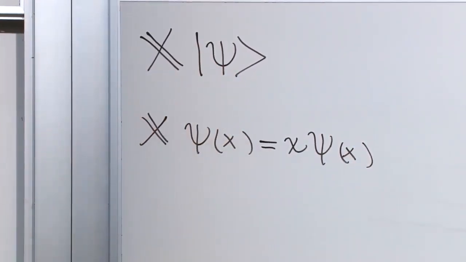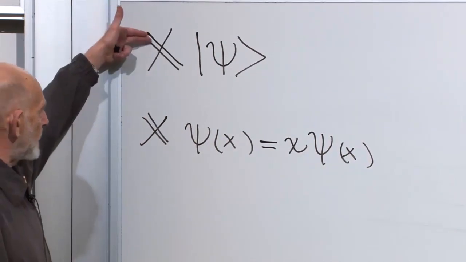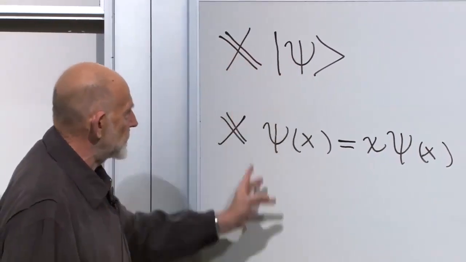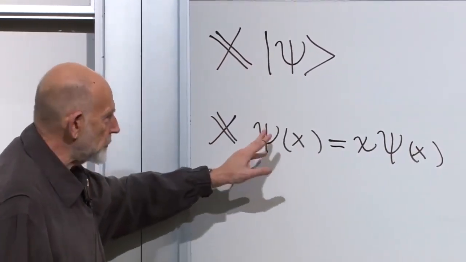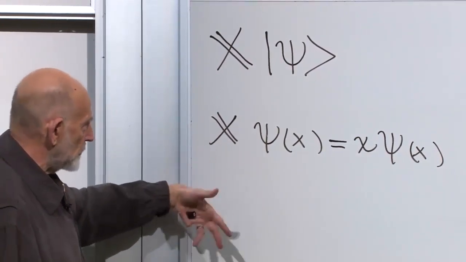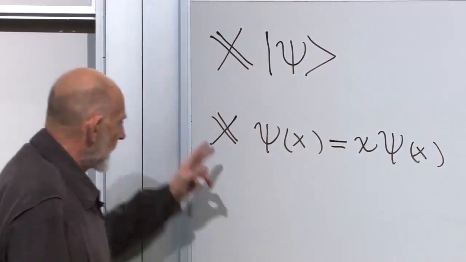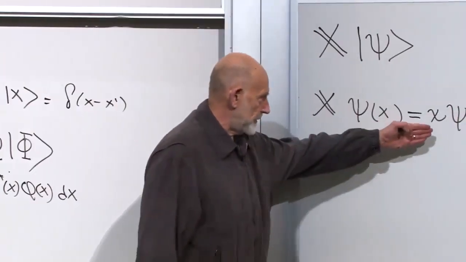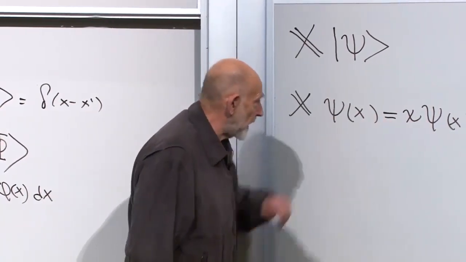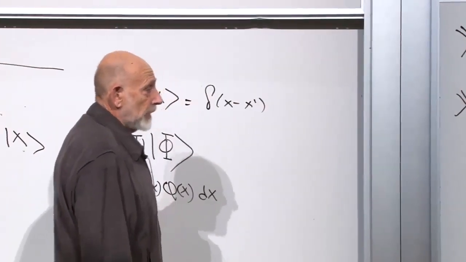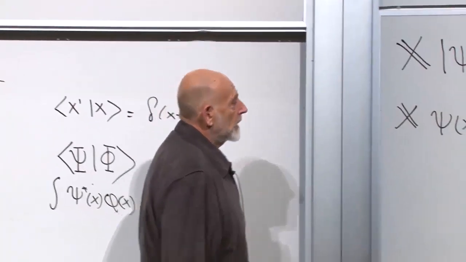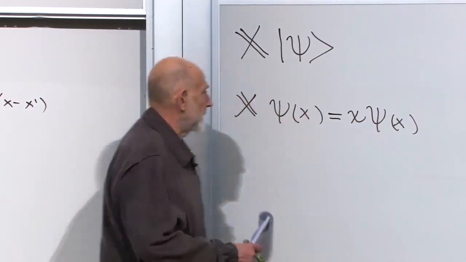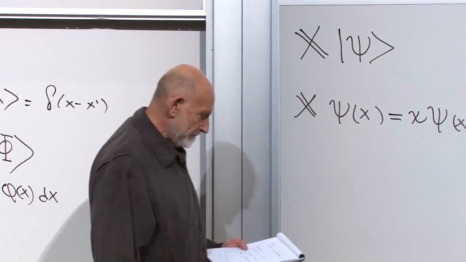In other words, it gives you another function. That's the nature of operators. They act on functions to give other functions. They act on vectors to give other vectors. If functions are representations or constructions which represent those vectors, then whatever linear operators are, they should be such that they do something to the wave function. And this is what x does to the wave function. It simply multiplies it by x. It gives you a new function, it's not the same function, it's a different function, but that's the nature of it. Now let's prove something.